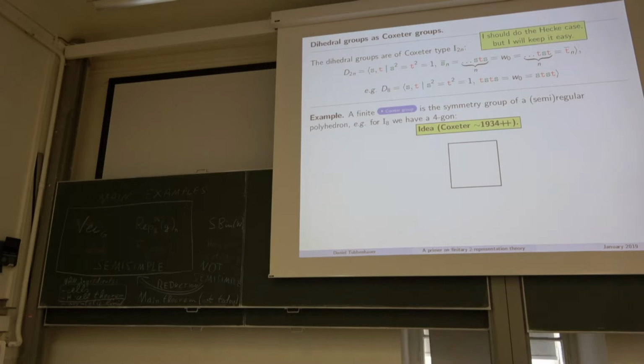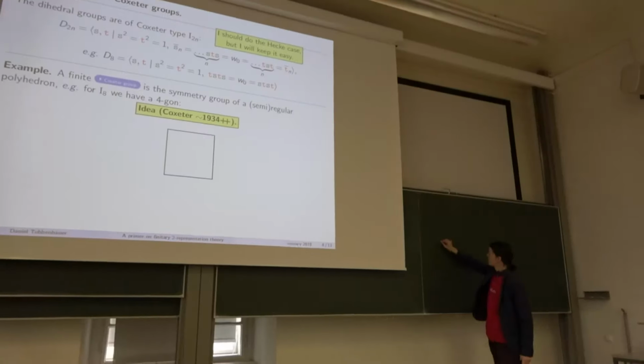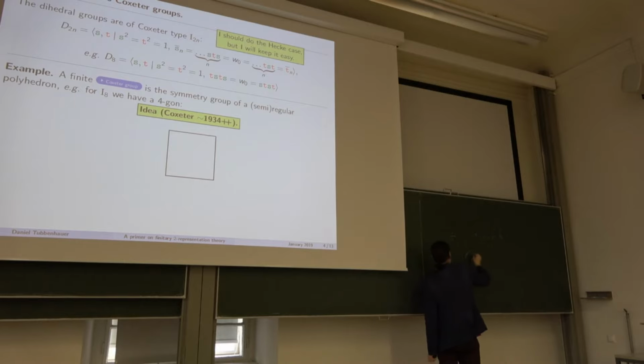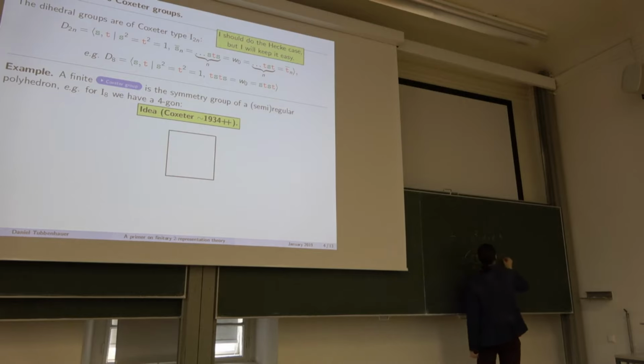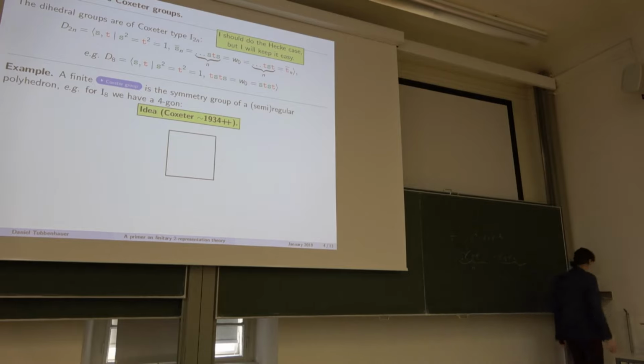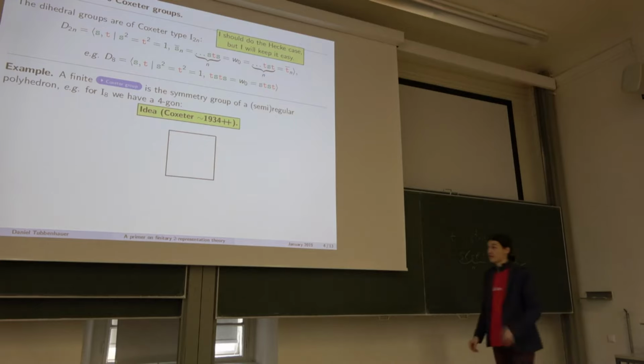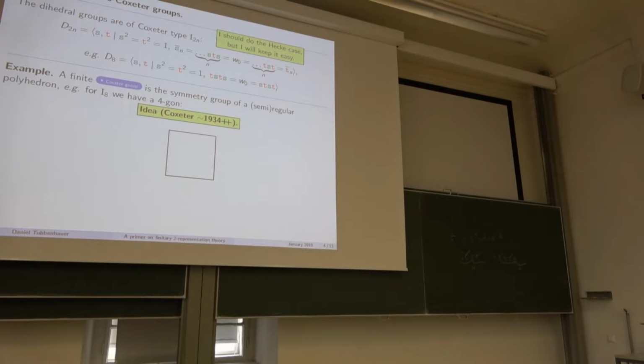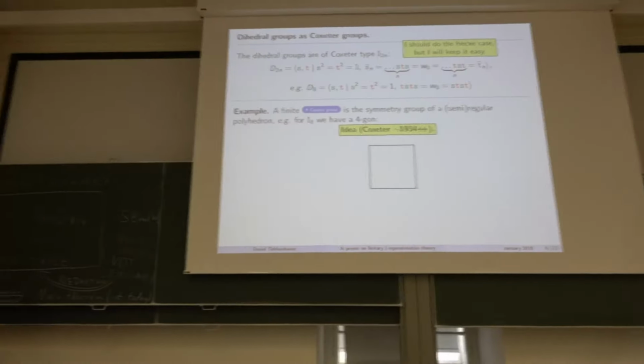So we just write down two generators, call them S and T, and they are reflections, so they should square to 1. And they should satisfy a braid relation, which I will explain in a second. Namely, whenever you have n factors of alternating symbols, you can just turn it around. Okay, so very easy question, and actually those are the symmetry groups of the n-gon in the plane, and this is how it works.